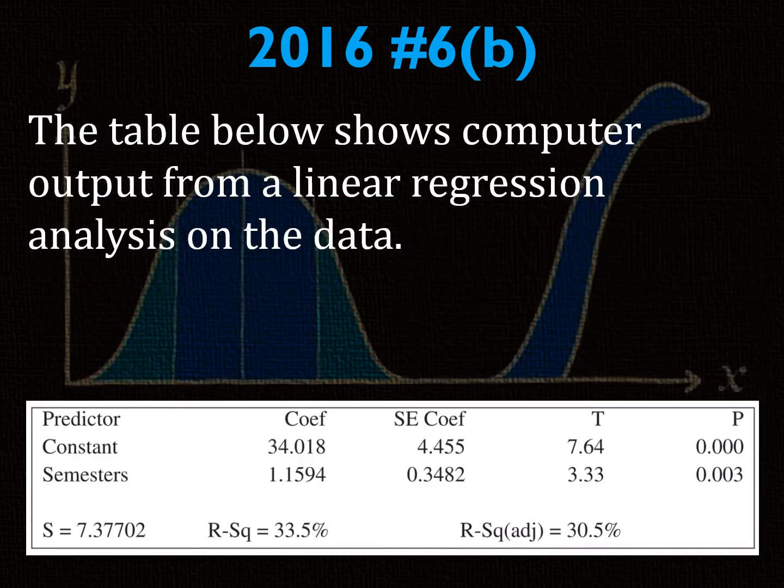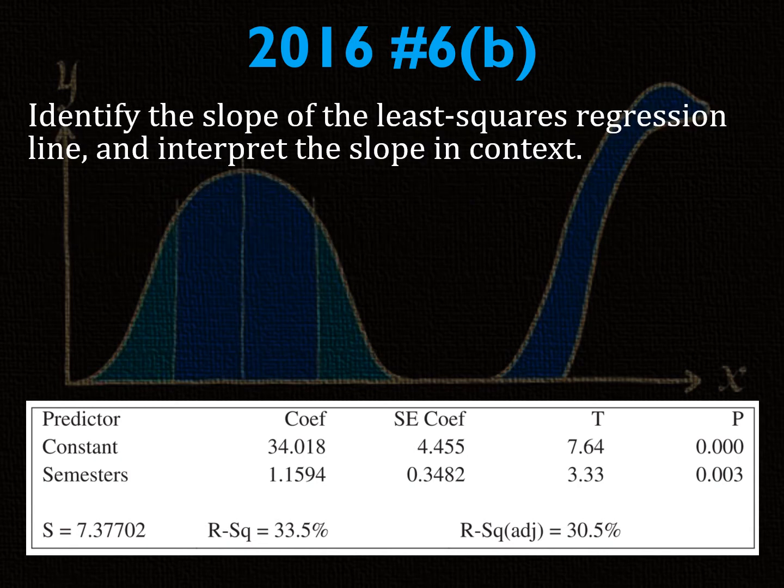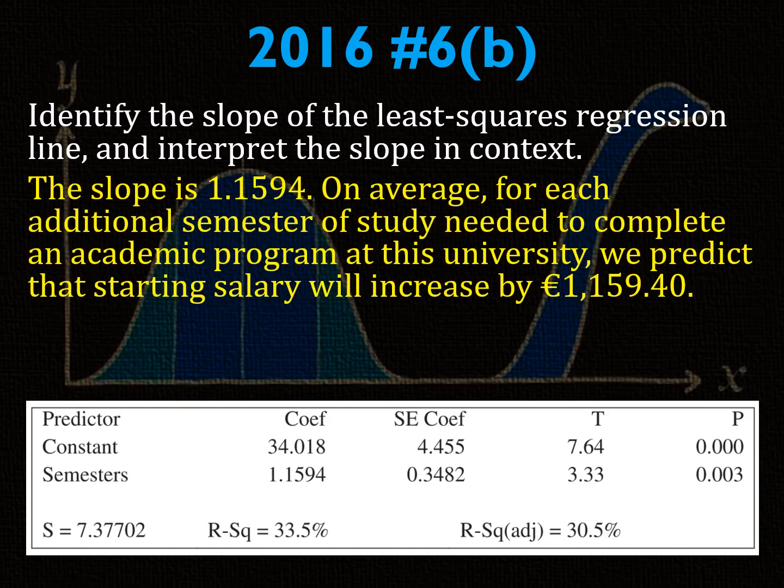Part B, the table below shows computer output from a linear regression analysis on the data. Identify the slope of the least squares regression line and interpret the slope in context. So here's the data printout that you might want to familiarize yourself with again. And the number that you want to look at is the coefficient for the x variable, the explanatory variable, which is semesters. So the slope is